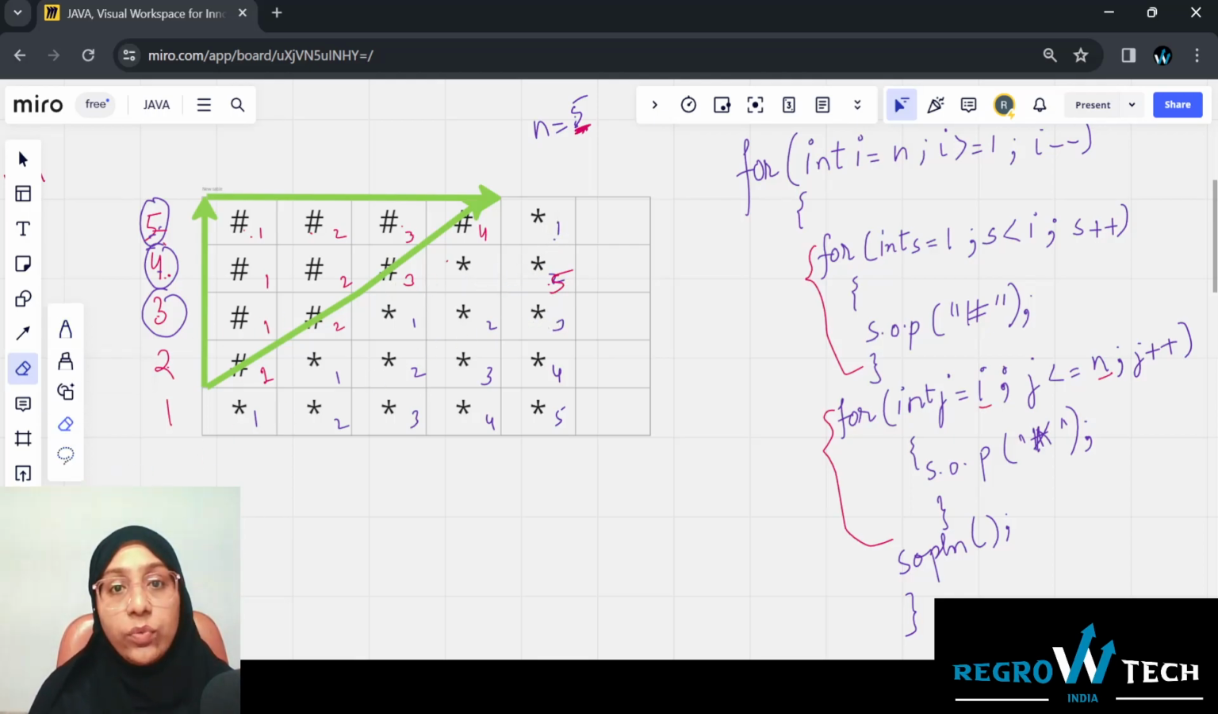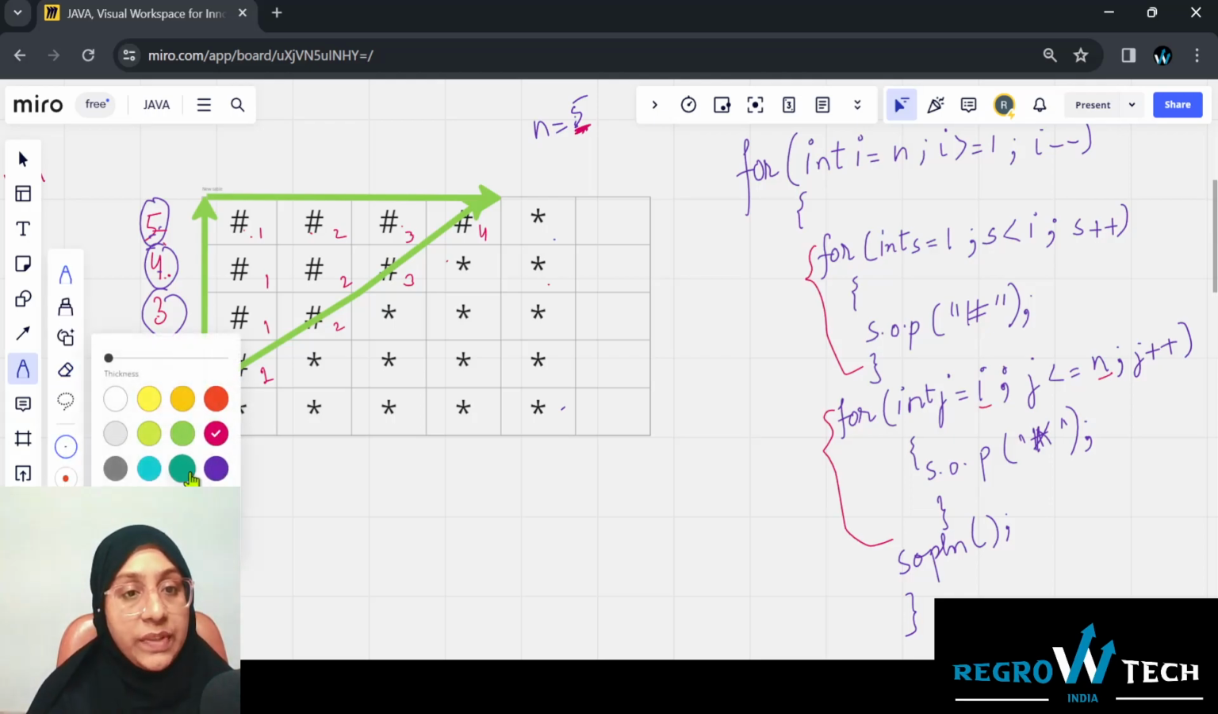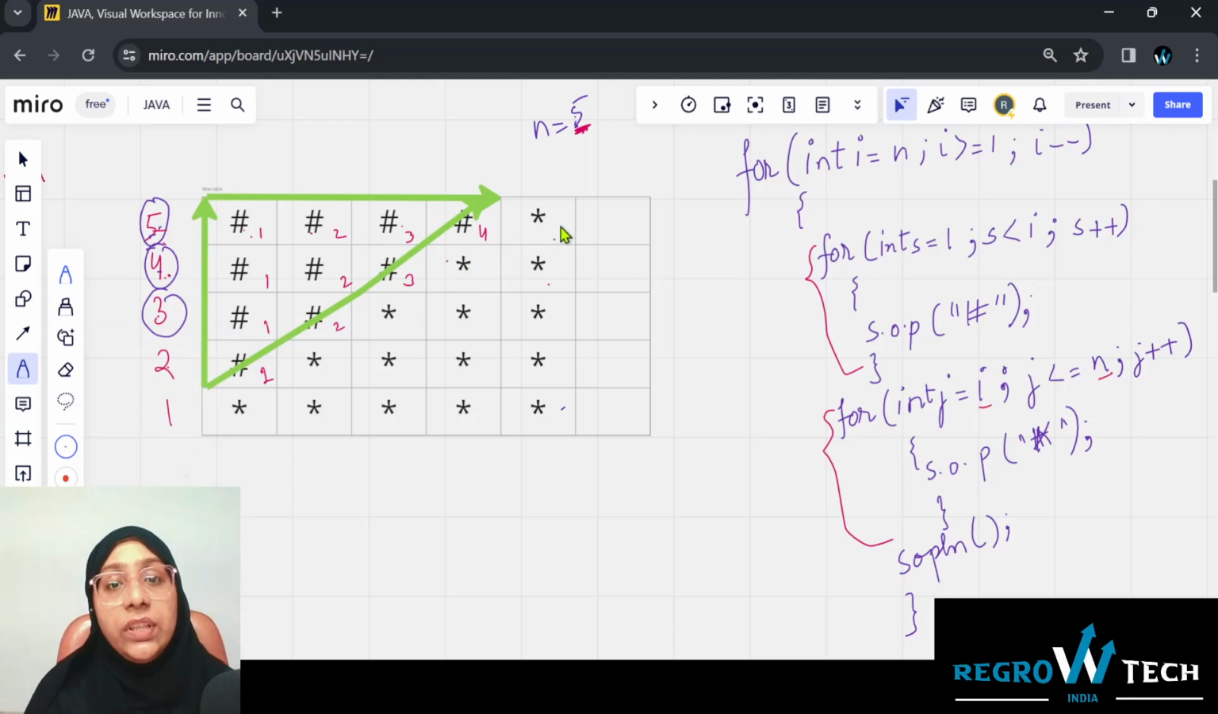Let me erase a few values here so that it is easier for us to understand. Okay. Let me take an eye popping color. Yes. So here, this is j at 5. From 5 till 5. Next, j is at 4 and 5. Then I is 3, j will go from 3, 4, 5. So again, it is going from I till n. Right? Again, I is 2 here, it is going from 2 to 5: 2, 3, 4, 5. And in the last one, I is 1, it is going from 1, 2, 3, 4,